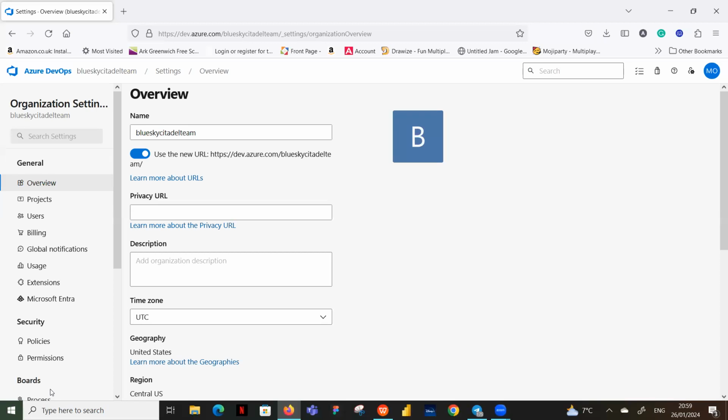Okay, so once you click on that, it brings you to the overview here. So that's the organization settings that we clicked at the bottom. We're there now on that page. And still on the left panel, if you scroll down, so it's not just limited to these few things you can see. If we scroll down,